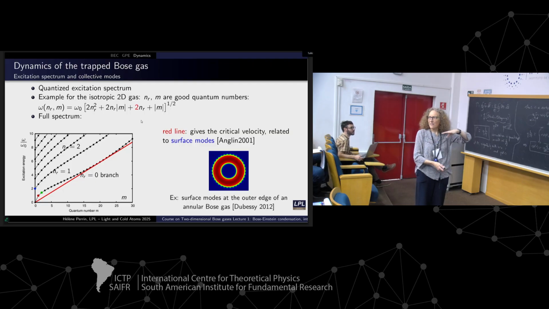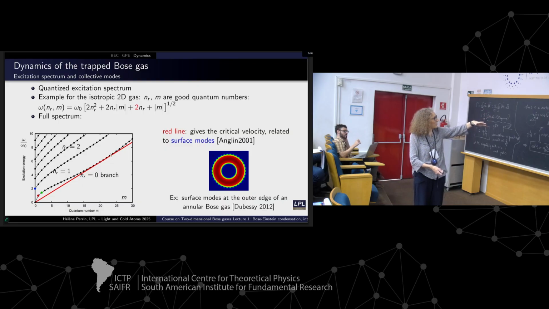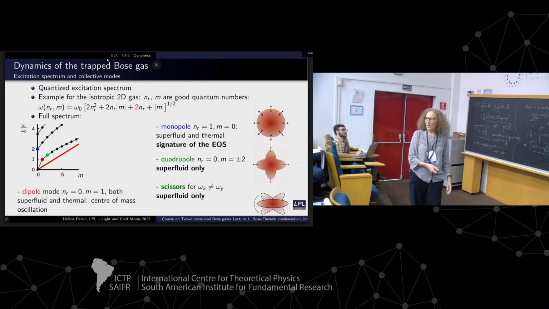To know what is the critical velocity in your gas, in a sense, you have to look at the tangent of this excitation spectrum, and this corresponds to the critical rotation velocity to induce the first surface modes, this red line. I will zoom on these 3 dots here, which correspond to collective modes, which are very specific and interesting